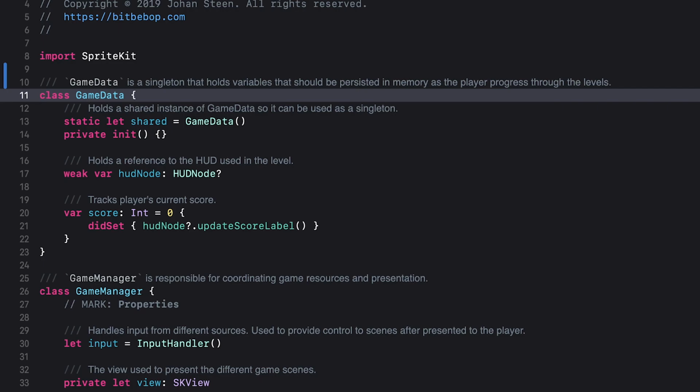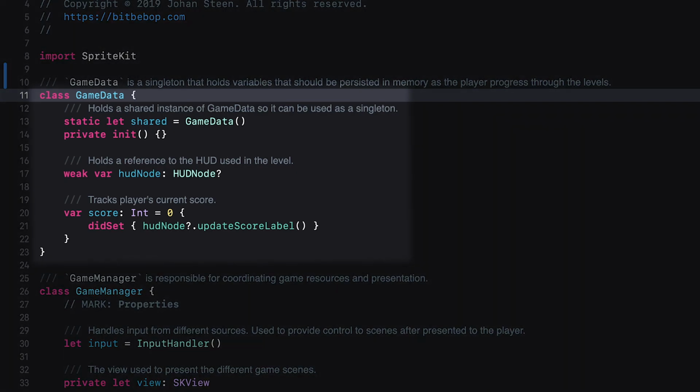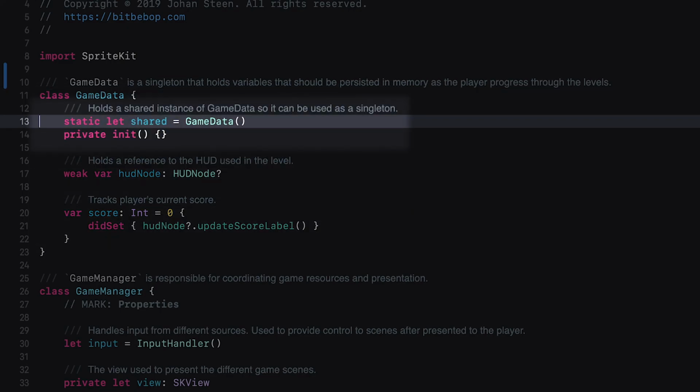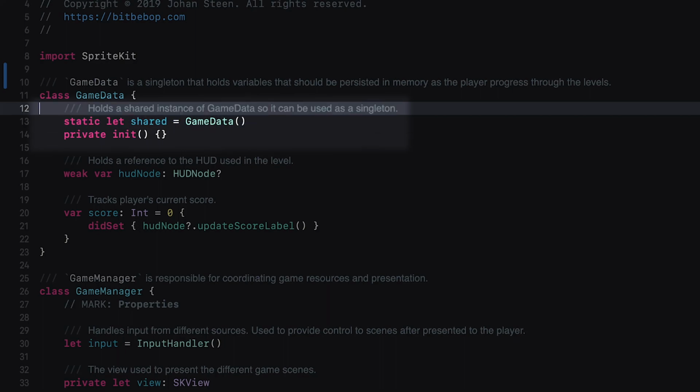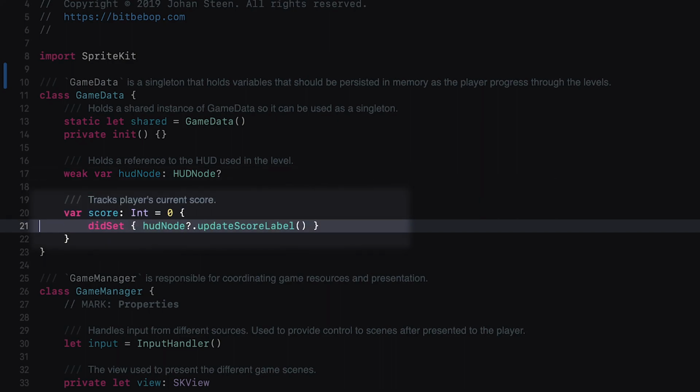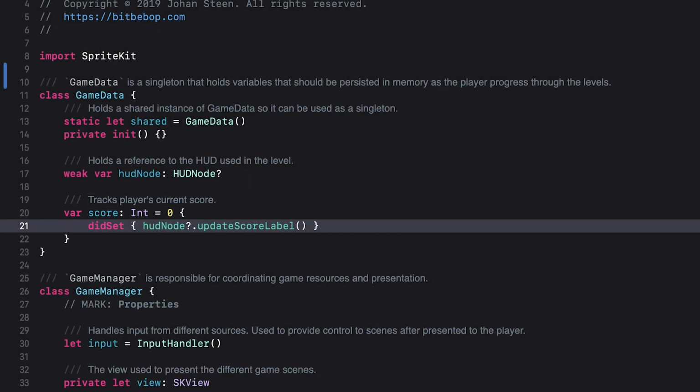So when I added the HUD, I also needed to decide upon how to handle this kind of data that can be considered to be sort of global data. I decided to go with the singleton, which is the first singleton so far in this game code. So I have what I call a game data singleton. And this object also keeps a reference to the actual HUD object that is responsible for rendering the HUD to the screen. So by using property observers in the game data, combined with having a reference to the HUD, the HUD can be updated as soon as any data property changes.